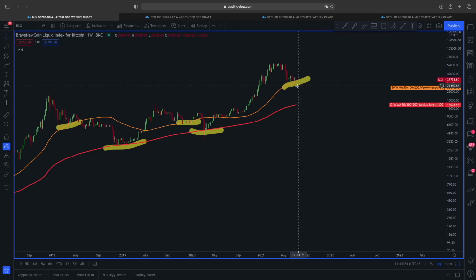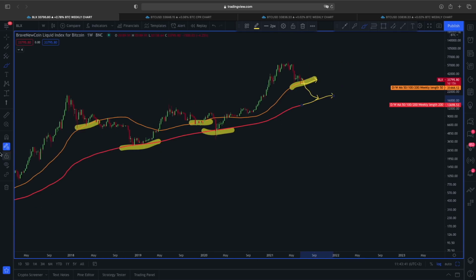Because if this is going to fail and price is also not going to find support at this 50 weekly moving average, then we are aware the price here could be getting gravitated towards this red line here to the downside, which is the 200 weekly moving average. So this scenario will be looked at time and again in my video, but right now the reason why this 50